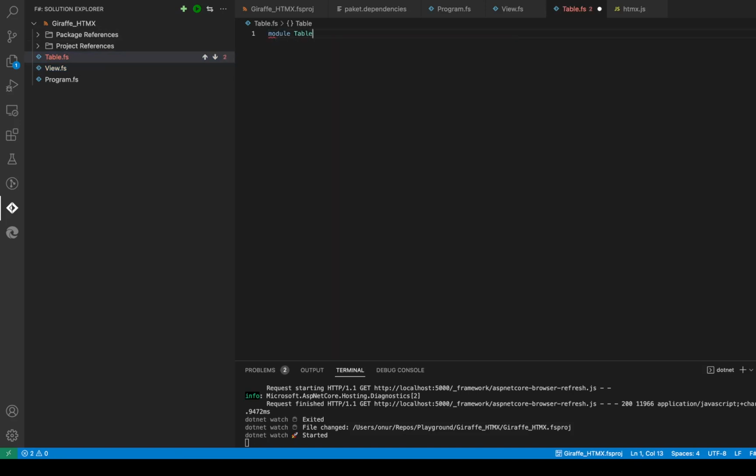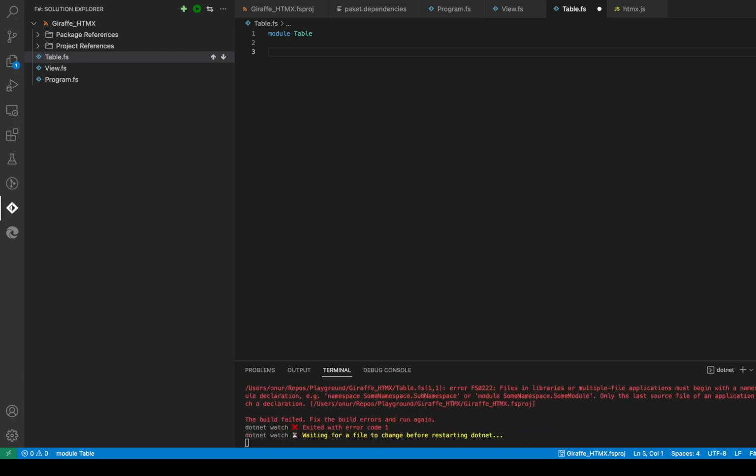Okay, module table. Then the next thing I do is I'll just bring my magical function here, and I'll just declare the column name. So I'll just build up my model here. Okay. And then